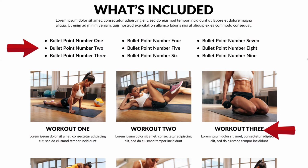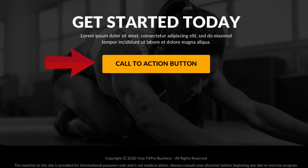Next, you want to show them exactly what they will be receiving. This could be done by showing product images, text descriptions, bullet points, or a video. Finally, provide them with a method to take action. This is typically done through an on-page lead capture form or a button that sends your visitor to a page